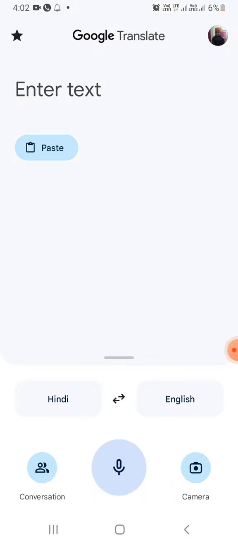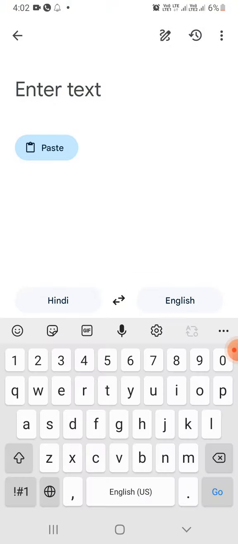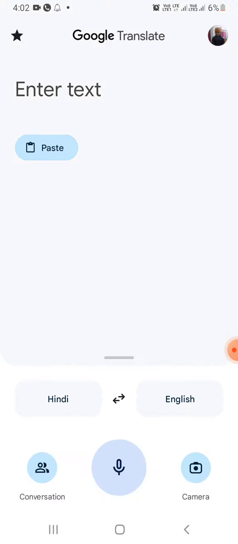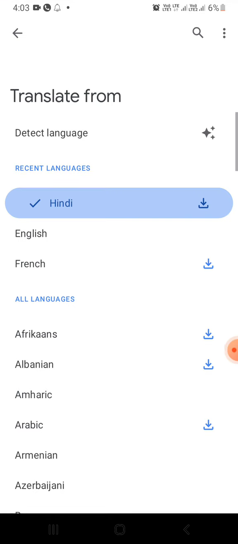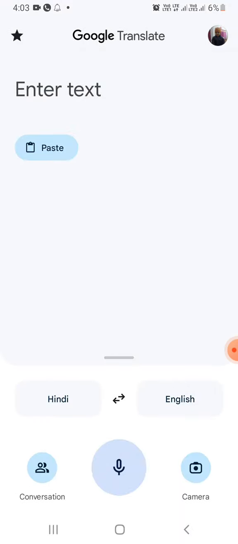Just click upon this arrow button. See again how you will move this arrow. This arrow button is given at the left of your screen. Just click upon this arrow. Here it will ask you in which language, from which and to which. You can select any language. I want to translate from Hindi to English only, but now I will give my text by photo only.